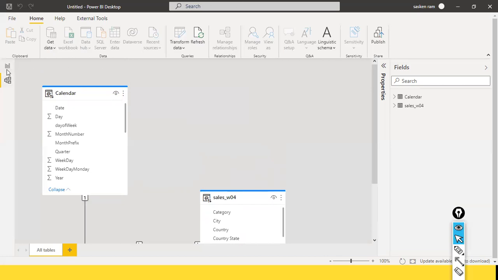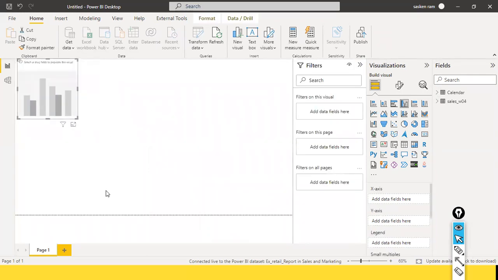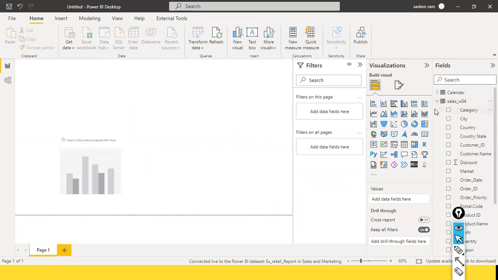Okay, and the next one is, that's all. You are all set, and now you can go ahead and create the visuals. You cannot do any data transformation. If you want to do any data transformation, you do it in that file